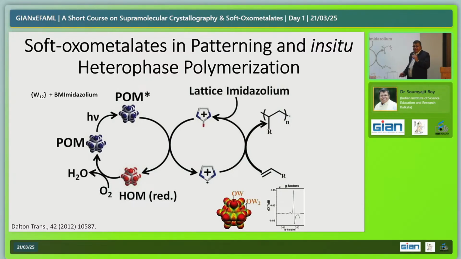Now if you take this oxometallate and put it in open air, then this oxygen would get reduced into water, and your oxometallate or polyoxometallate is regenerated. So that's how you create this closed loop. And here this butyl methyl imidazolium radical would then polymerize any kind of monomer, whether it's a vinylic bond or an allylic bond, it can polymerize these units, right? So this was done in